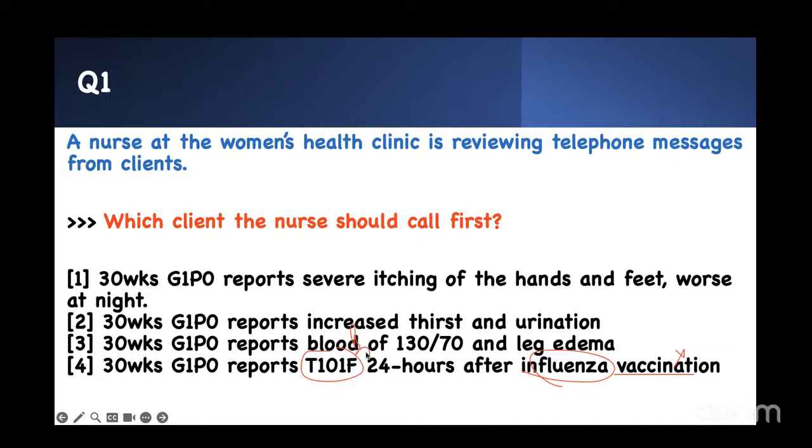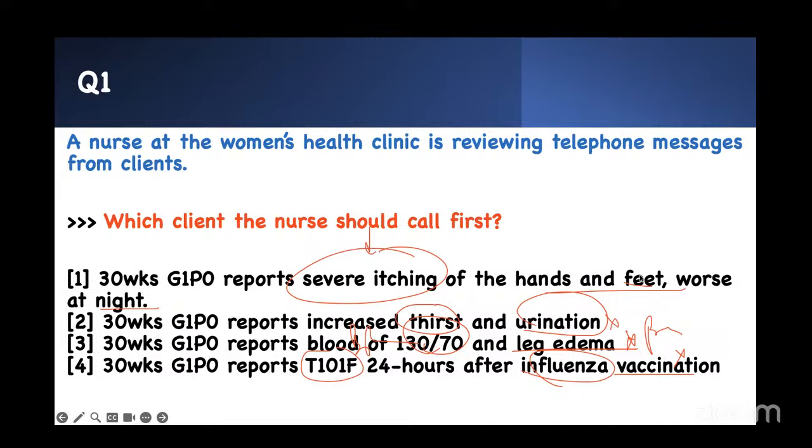This blood pressure is not that bad. The leg edema, of course, that's what you expect. This is not pre-eclampsia. If you're pregnant, you're going to urinate all the time. That's not a problem. The worst one is this: severe itching, hands and feet. This is maternity prioritization 101. Patients who have severe itching of the hands and feet when they're pregnant, this is what we